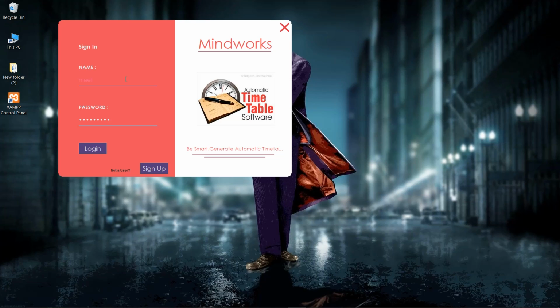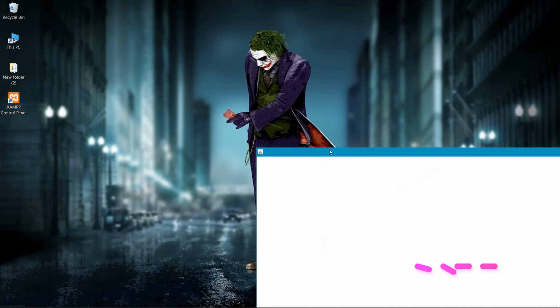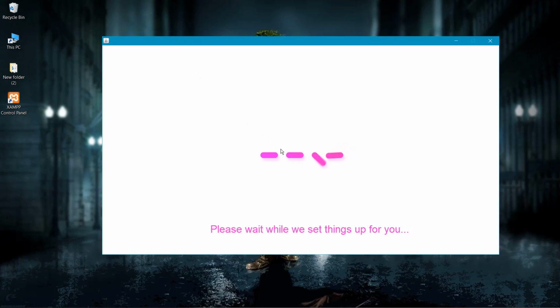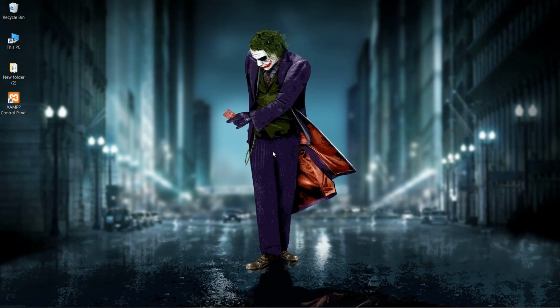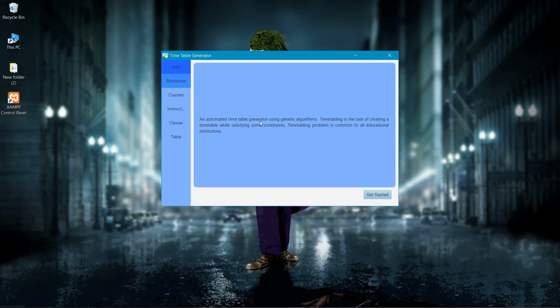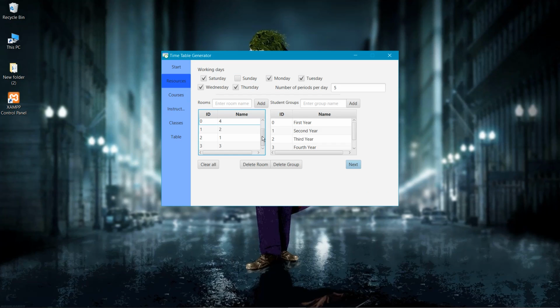We are logging in with the new user which we added. This is the user interactive login page. I have already inserted some data, so I can show you the demonstration and save time.